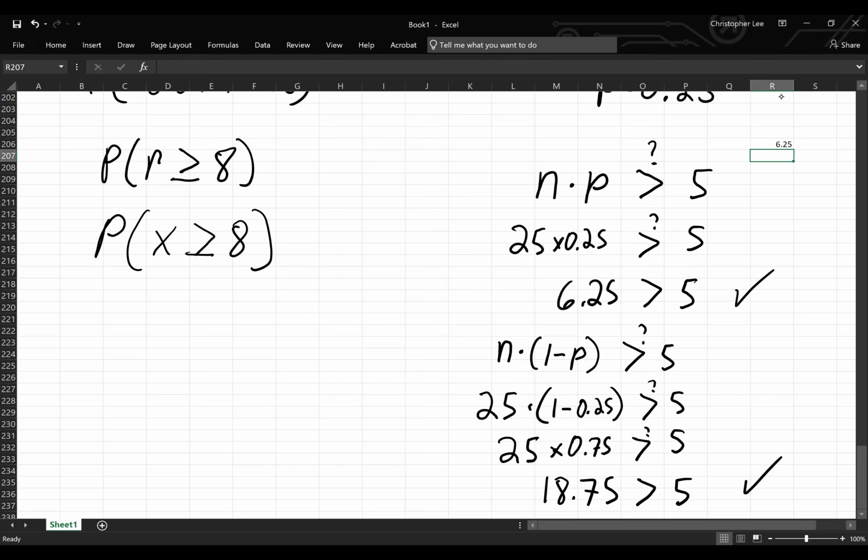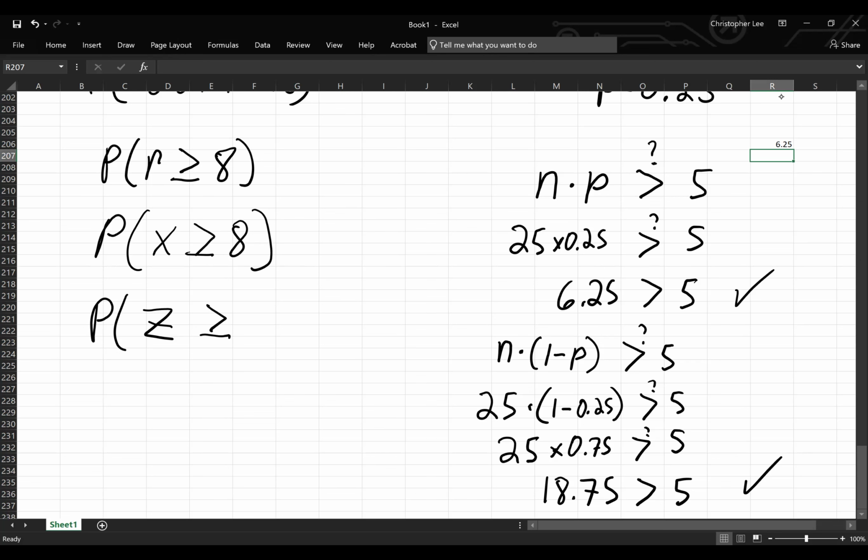I always change my X's into Z. So the next thing, this is going to become probability of Z greater than or equal to,